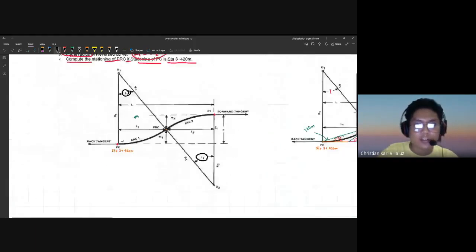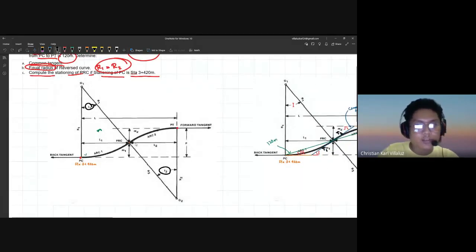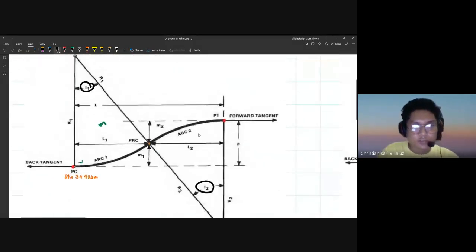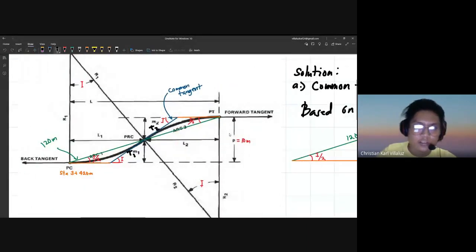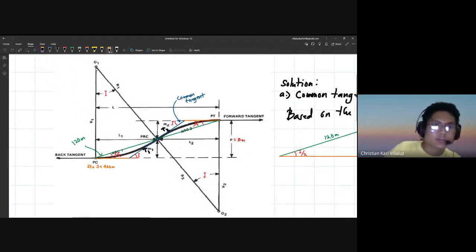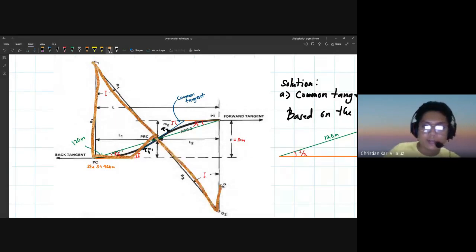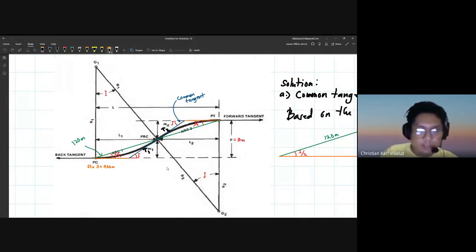Parang naka-mirror lang. So, pinapahanap yung common tangent. Kung lalagyan na natin ng mga common tangent and length of chord, yung length of chord natin ay given, which is 120 meters. So, ito na yung itsura ng dalawang simple curve. Ito yung unang simple curve. Ito naman yung pangalawang simple curve. Parehas lang naman sila ng size. So, ibig sabihin,